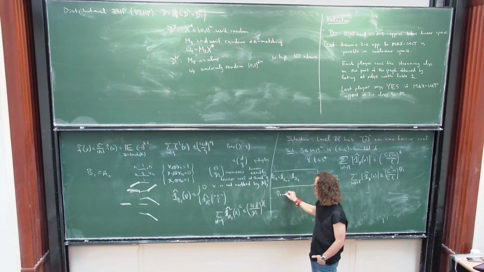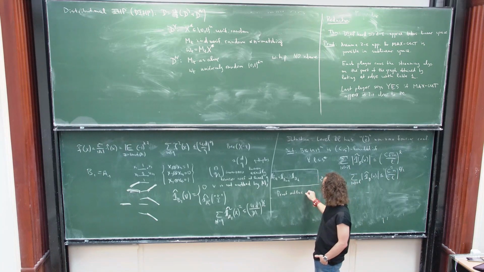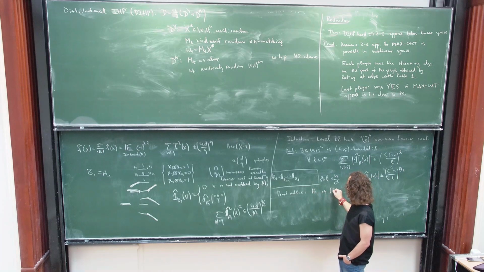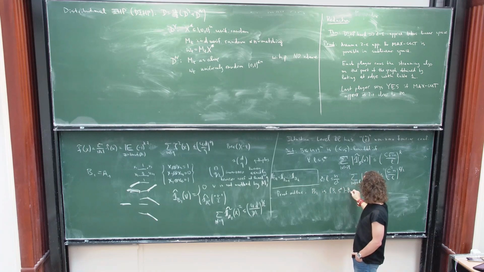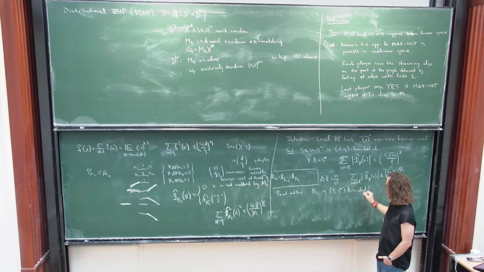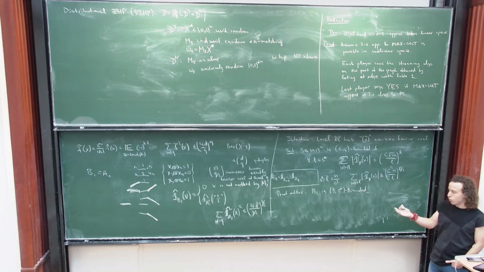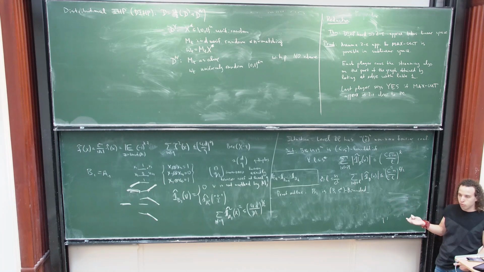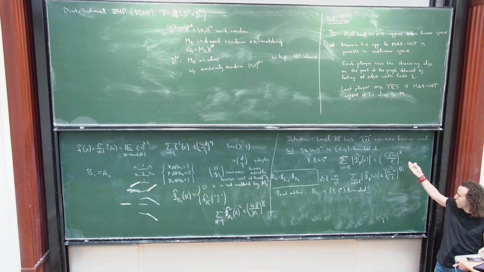So basically, let me write the outline of the proof. Proof outline. The first thing to show is that V1 is V star bounded. This I essentially already told you how to prove. You take KKL for A1 prime, and then you notice that level 2L for V1 corresponds to level L for A1 prime. And then you use Cauchy-Schwarz. That's how you prove this, and more importantly, how you come up with this definition.